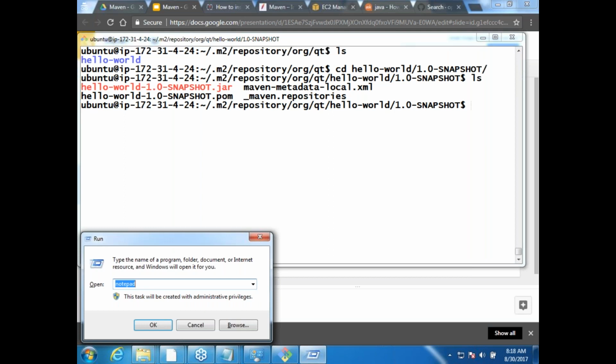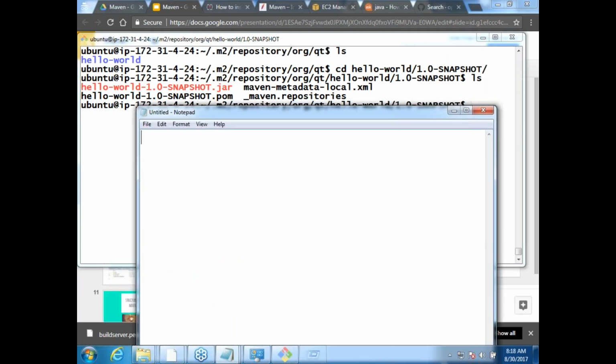Whenever you do, the important goals which you would be using are compile, test, package, install, deploy, and this order will be followed. Whenever you do package, it would do mvn compile and mvn test. Whenever you do install, it would do mvn package, which means mvn test is also done and mvn compile also is done. Mvn deploy, it would do mvn install. So that's how the stuff works. Are we good? So it is not just that goal, it would also do the other things. Okay, fine.